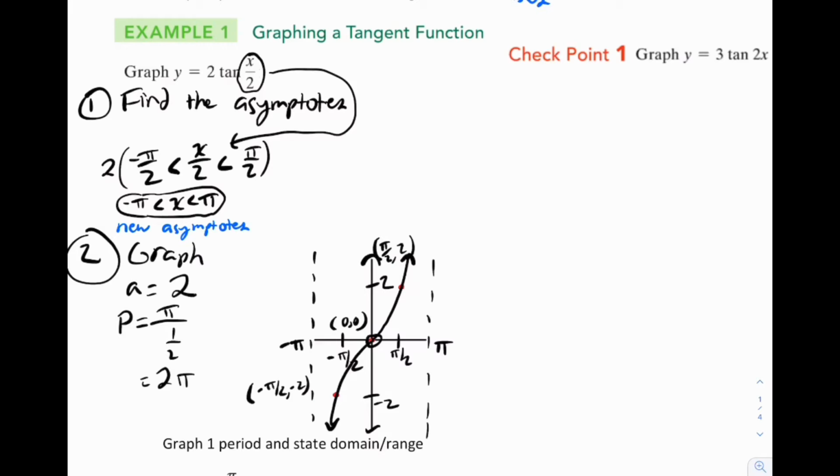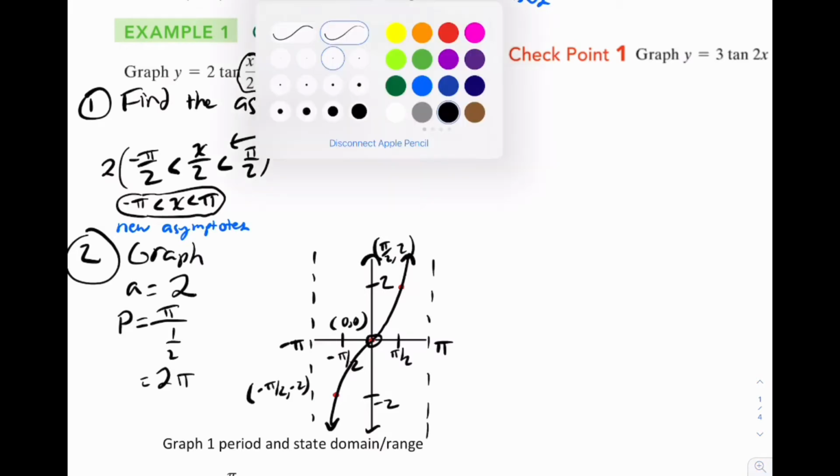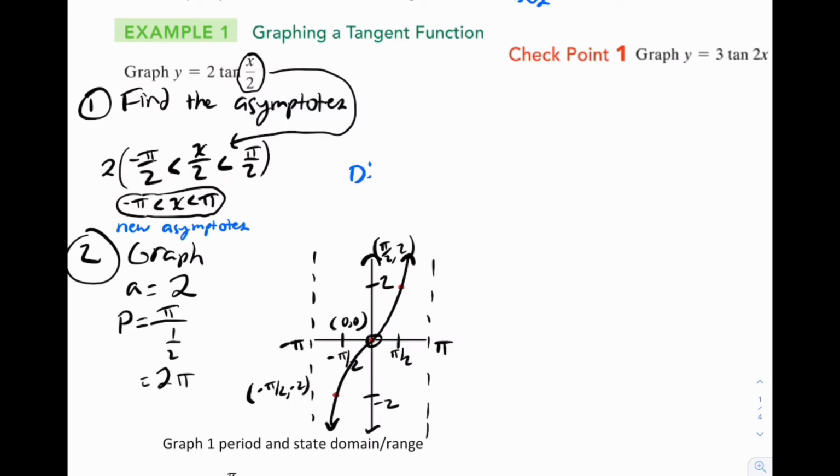And there it is. Now for domain and range, I've got to show you how to do this. Not quite that simple. The range is clear. It goes up and down forever like that. So we can just write all real numbers here. Now the domain, we're going to write x such that, hopefully you recall that from 2b, x such that x cannot